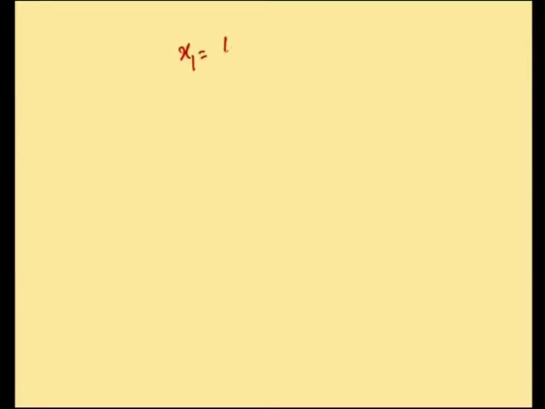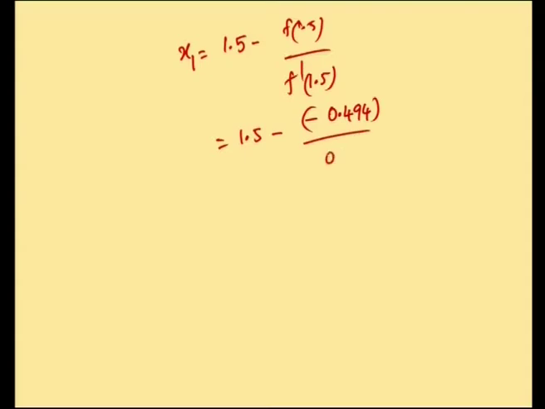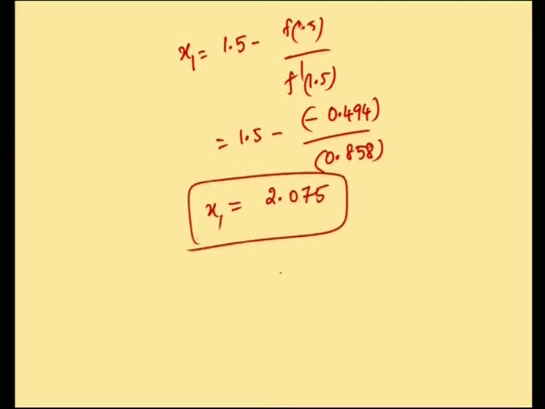Just substitute all these values in x 1. So, x 1 is equal to 1.5 minus f of 1.5 divided by f dash of 1.5, so 1.5 minus minus 0.494 divided by 0.858. This value comes to be equal to 2.075. This is our first iteration value x 1. Then find x 2. X 2 is equal to x 1 minus f of x 1 divided by f dash of x 1,